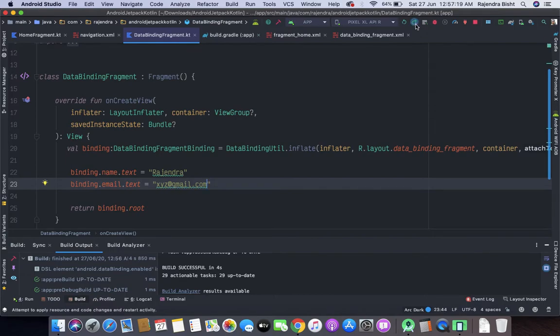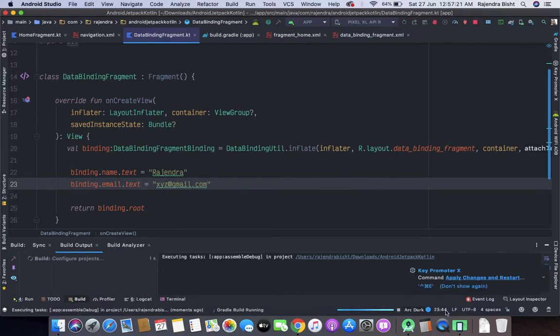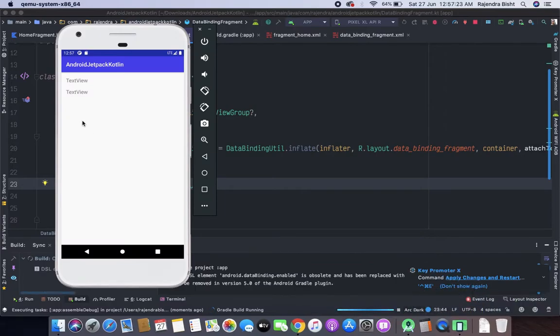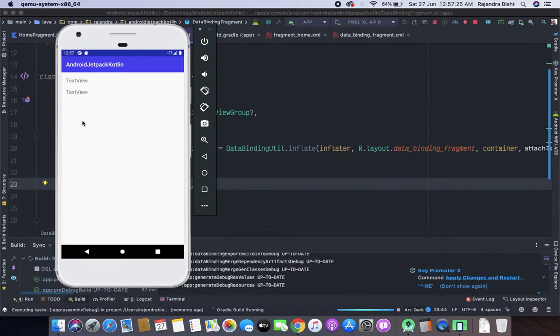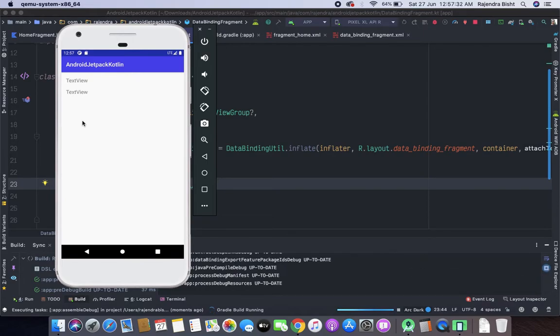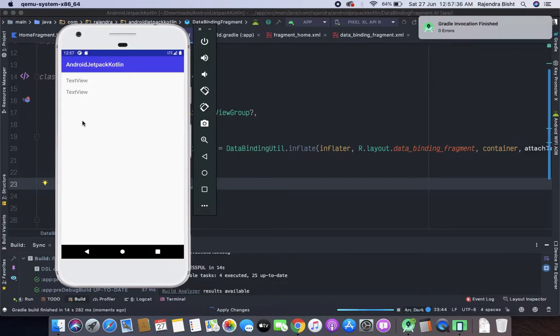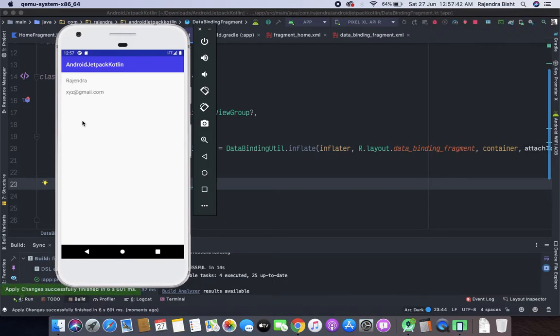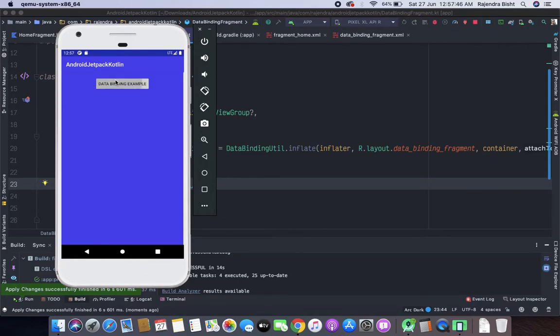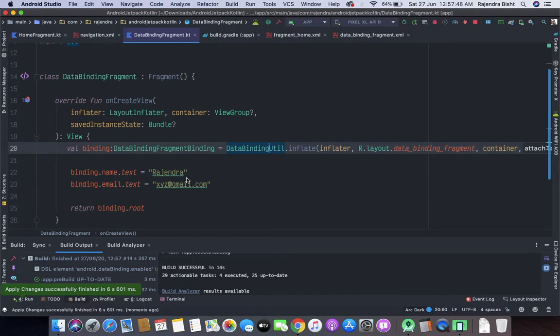Now let's run this app. So here you can see that we have successfully bound the data. So this is one way of binding.